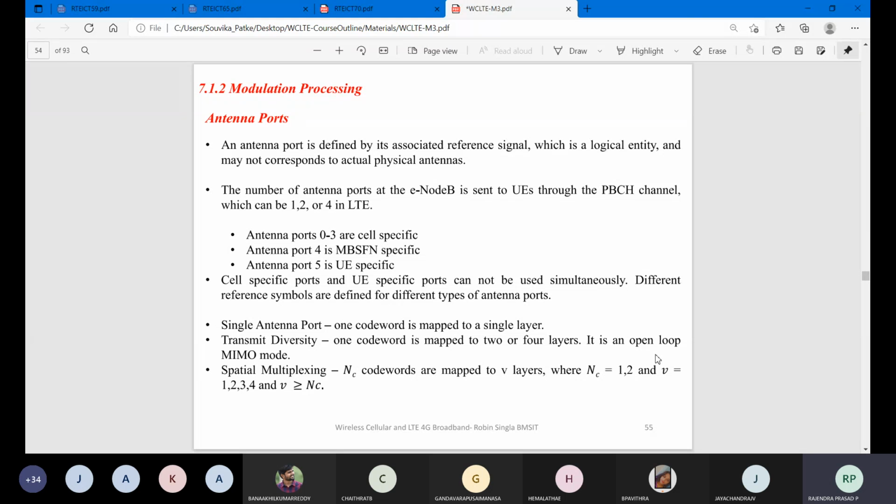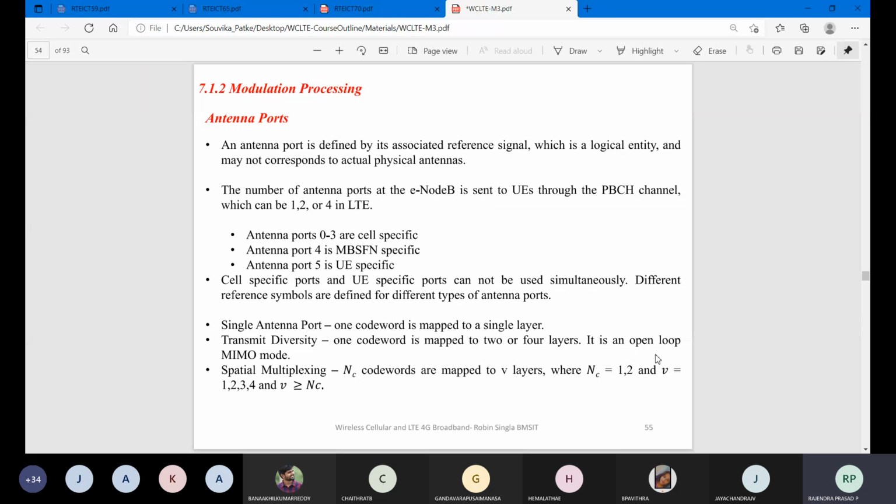Because you can see earlier they were having the antennas. So we have the antenna ports. So we are having different ports, and those ports should be assigned with some different variables, right? So now these variables are sectioned for these types. So port number 0 to 3 are for cell specific.